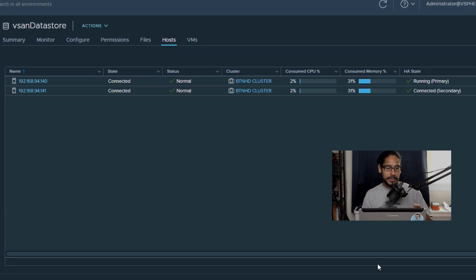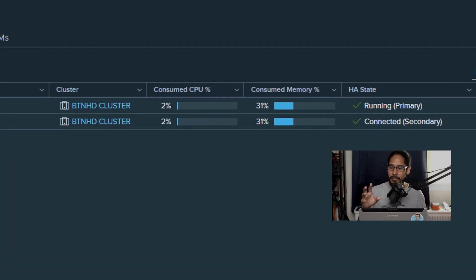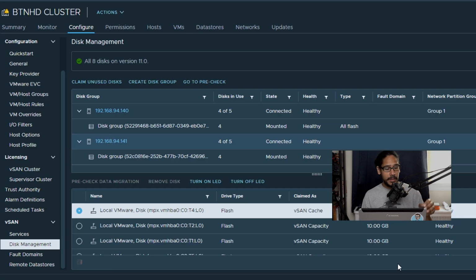And within here, you're going to see your hypervisors that are connected to your vSAN, and it will actually tell you which one is running primary and secondary. Now, if you click on your vSAN cluster and go into configure, and underneath vSAN, click on disk management, well, I saw all my disks not being used. So I actually had to create a new disk group for it to be used for my vSAN.